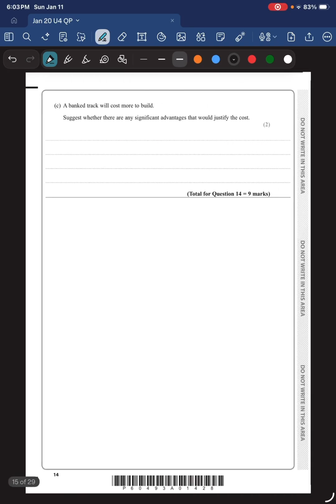So let's move on to part C. A banked track will cost more to build. Suggest whether there are any significant advantages that will justify the cost. Okay, so first of all, a cart will be less likely